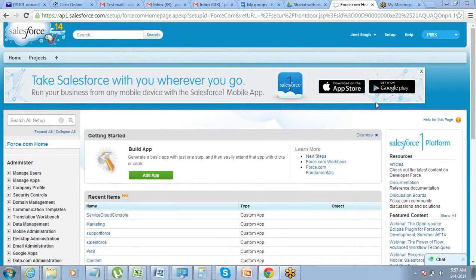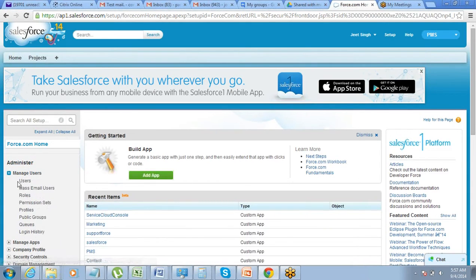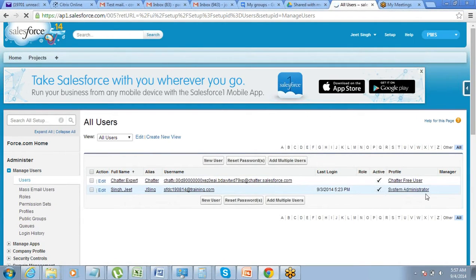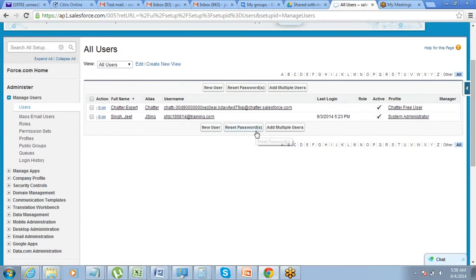How do we create a permission set and how do we assign it to the user? Profile we have already seen: wherever you have a user, you have a profile for the user. The profile defines the kind of access that the user has, and profile is a must for a user. There cannot be a user without a profile. So profile is mandatory. Permission set is optional. If the user needs additional permissions which are not given to him through the profile, then he can always go for a permission set. The administrator can give him a permission set.